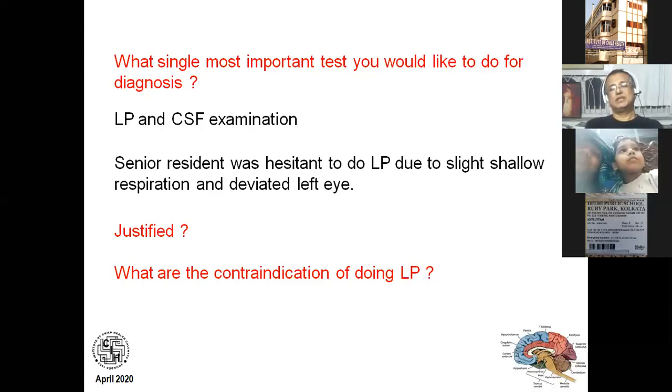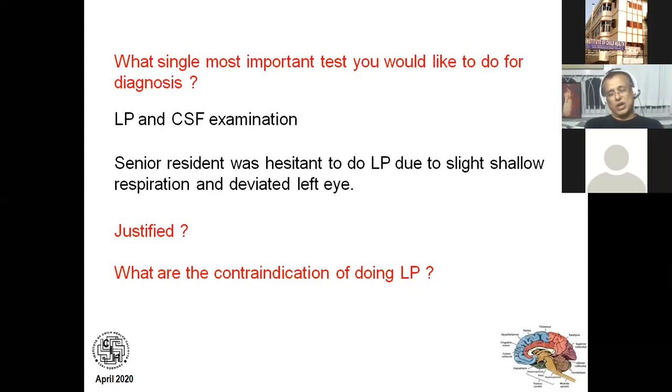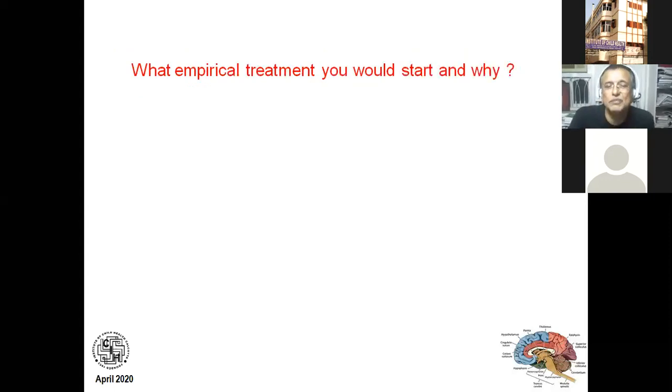And besides that, if the child has a cardiopulmonary compromise, or the place where you are going to do an LP is infected, and a relative contraindication if the platelet count is too low. Also you should remember, in case of meningoencephalitis, there is a diffuse inflammation of the brain. The forces trying to push the brain down are counteracted by the forces which are trying to push the brain up. So chances of herniation in case of acute encephalitis is very less.